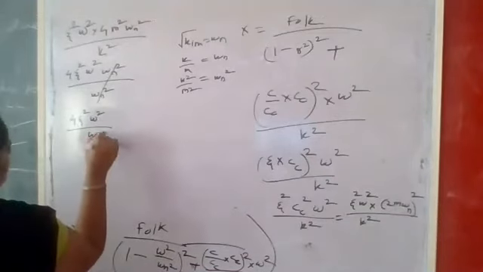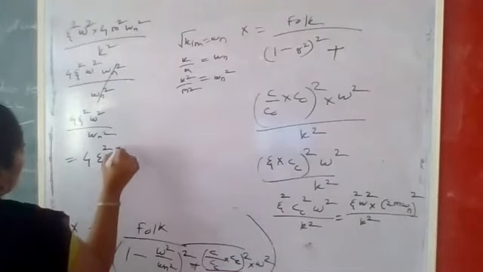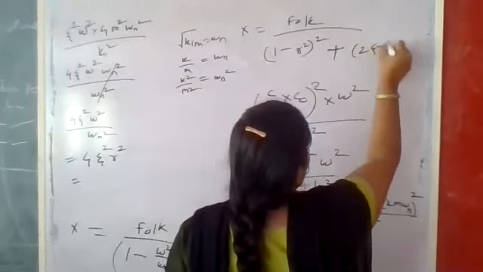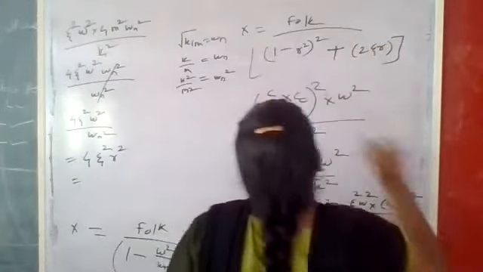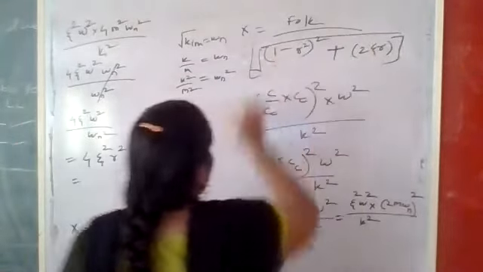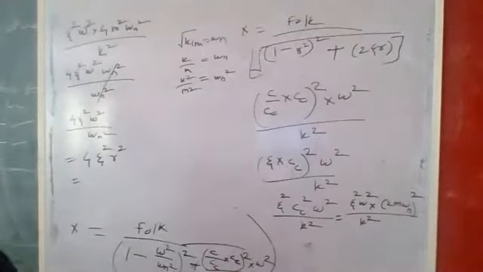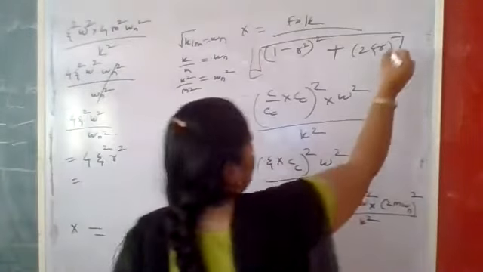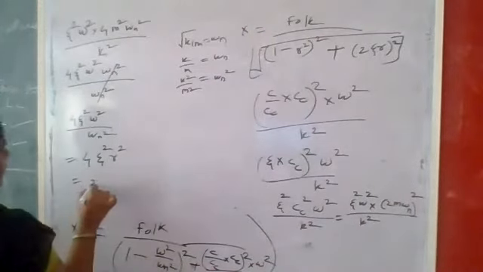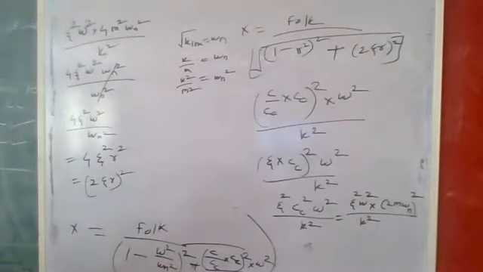Upon omega n square. So that will become 4 zeta square into r square. So we can write it as 2 zeta r. That is the value of this equation. F naught upon k divided by root of 1 minus r bracket square plus twice zeta r, so 2 zeta r bracket square. That is nothing but 4 zeta r bracket square. So that terminology I have written on this next part.